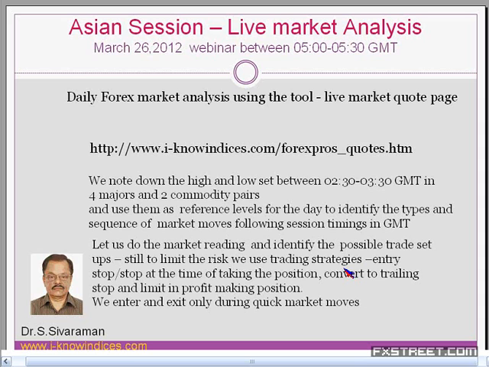Then subsequently, you trail the stop in a profit-making position. My strategy is to use the trailing stop in a profit-making position and use the hedging order or a trailing hedging order in the loss-making position. That way, you will be able to really handle the positions effectively and take appropriate decisions whether to hold the original position or to book profit with regard to the hedging. These sort of decisions will really help us, because the market has the capability of going upward or downward. Either euro can go up or come down